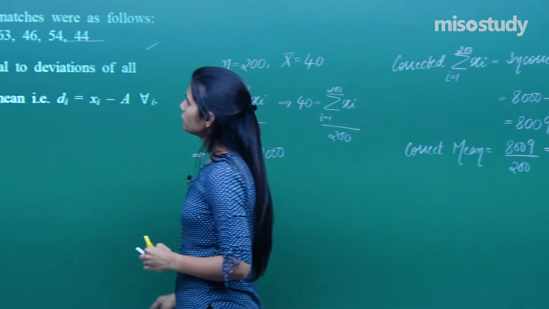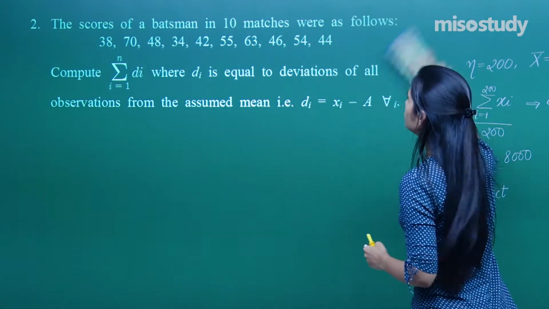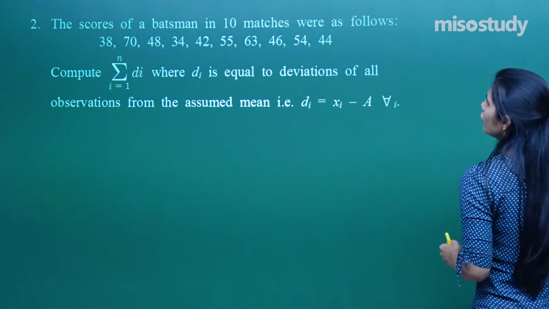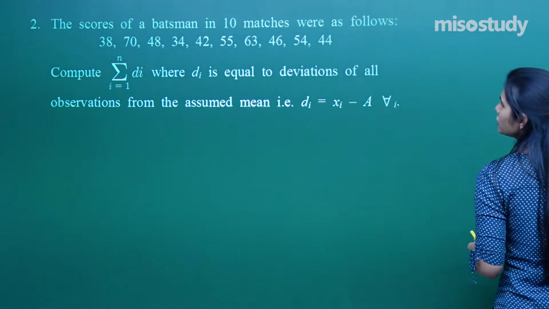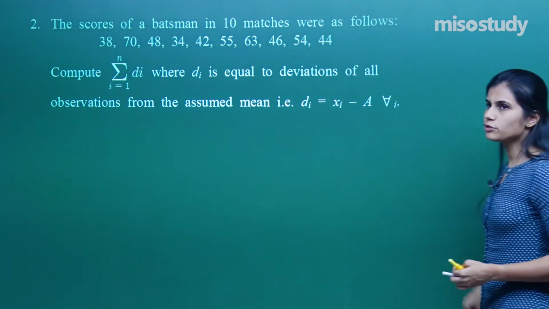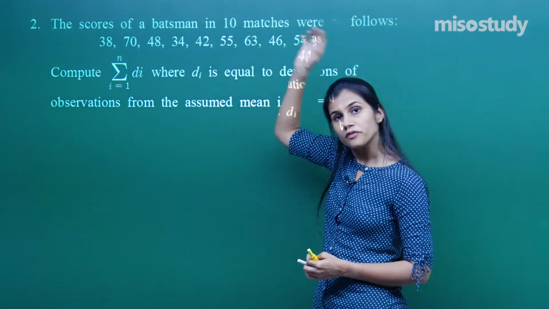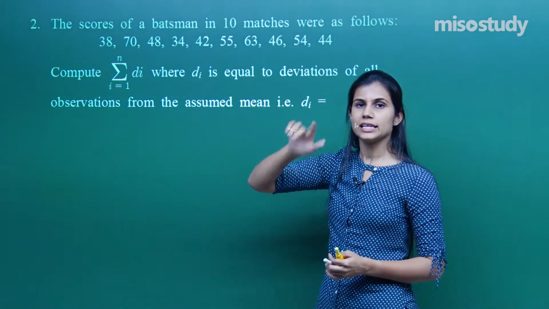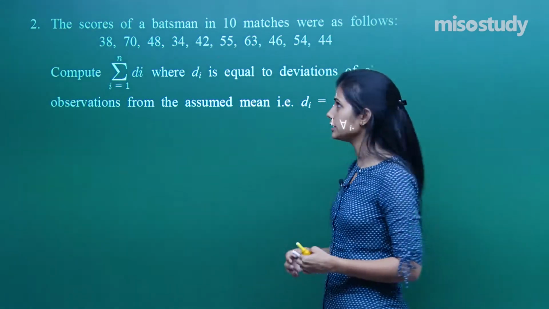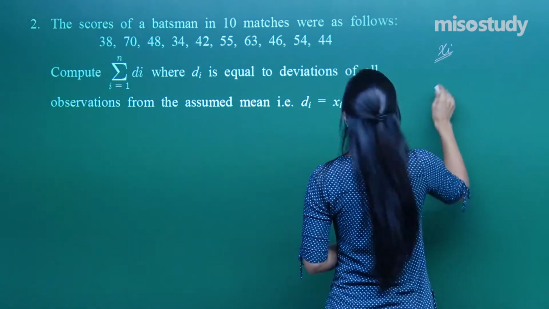Moving to the next question, we have the scores of a batsman in 10 matches are given to you. Compute summation di, where di is representing deviations of observations from the assumed mean. Now, when I am talking about the assumed mean, I actually have to assume that as one of the xi's, such that when you calculate deviations of any xi from that chosen xi, the answer comes out to be a very, very small quantity. So, what I do is I write xi's as 38,